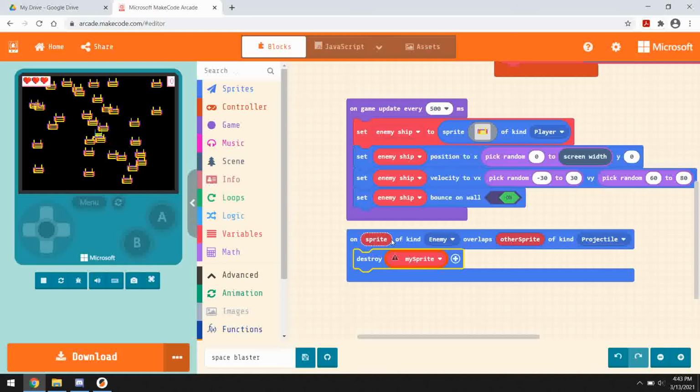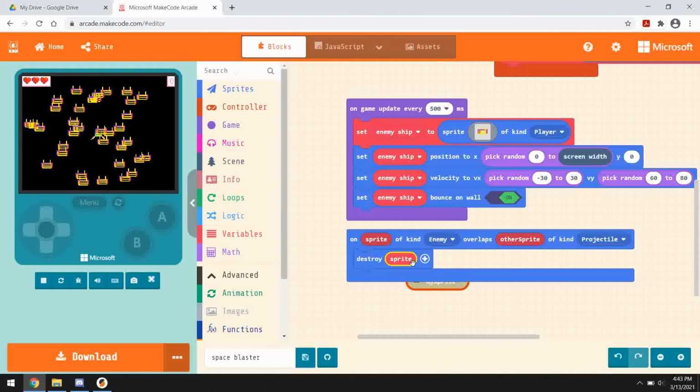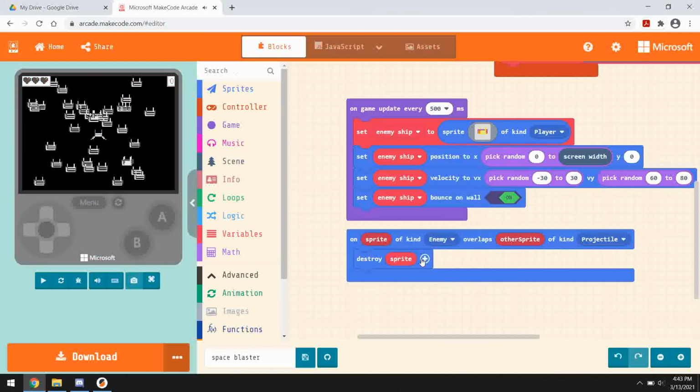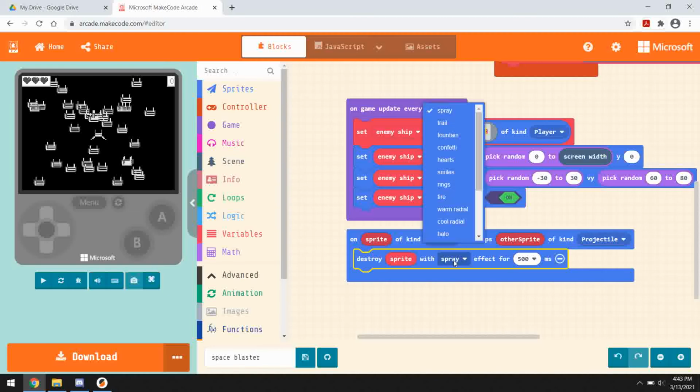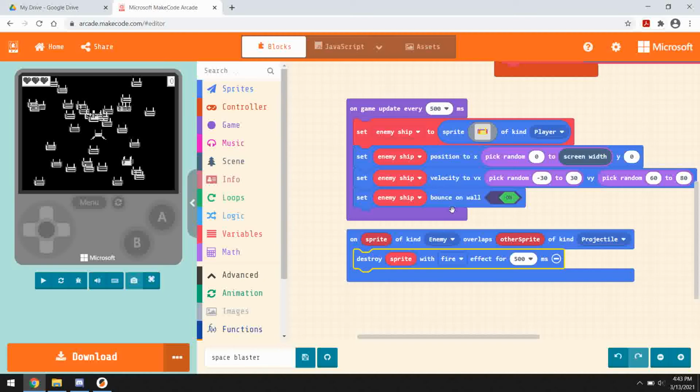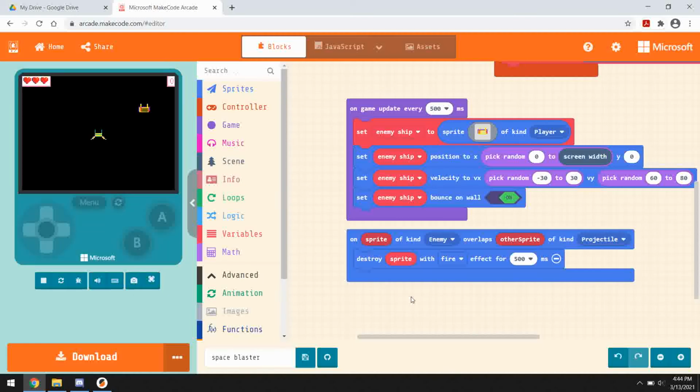So we're going to destroy the enemy sprite, which is this one, with an effect. I like the fire effect. For half a second is fine. So let's see what that looks like. So if I shoot it,